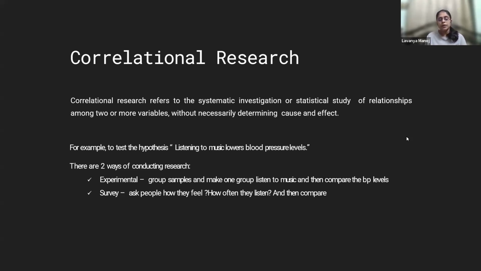Then you have the survey method. Ask people how they feel, how often they listen, and then compare. So in this case, who will be the target participants? The people who have lowered their BP. So maybe before 3 months or 6 months, their BP would have been high, but now their BP would have been low. So in this case, from whom you can ask for help is the doctors who treated them,